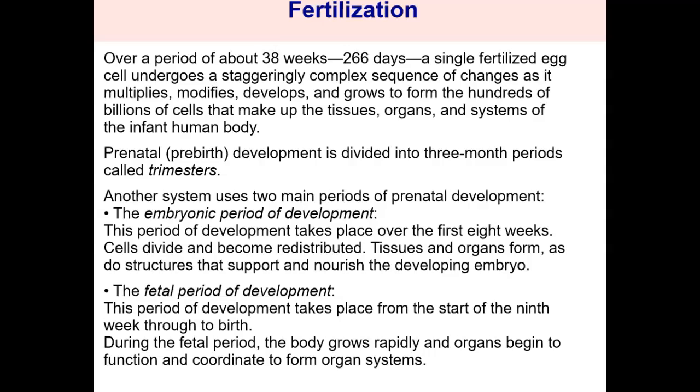So embryonic would be when we call it an embryo, and it's the first 8 weeks of development. Okay, and then eventually when it becomes a fetus, we would call it fetal development, and that's going to be after 8 weeks till it's born. So those are the different ways that I can break down the pregnancy, whether I talk about trimesters or embryonic versus fetal development periods.